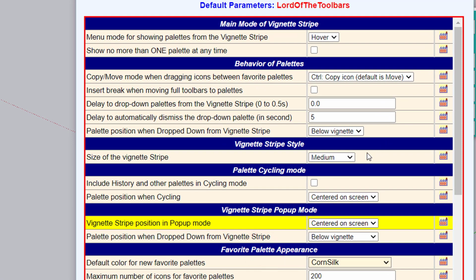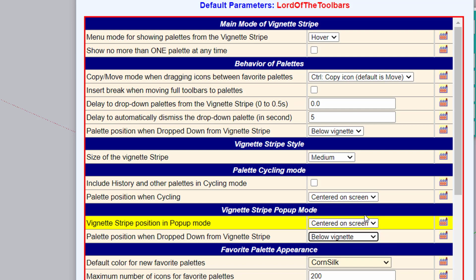So you have size of the vignette stripe, small, medium, and so on. You have what we have seen, the position of the vignette stripe in pop-up mode, and the palette position when drop down in pop-up mode, which you can have below vignette or center the screen.